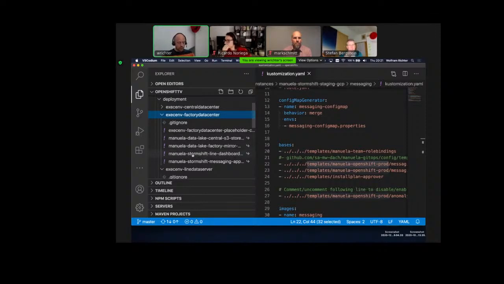So really, both views allow us to reason about the application. The configuration view allows us to reason about all the components of an application in their context. And the second view, the deployment view, allows us to reason about what is actually running where. You can see, for example, here, the factory data center, right, there's components running from the data lake, but also